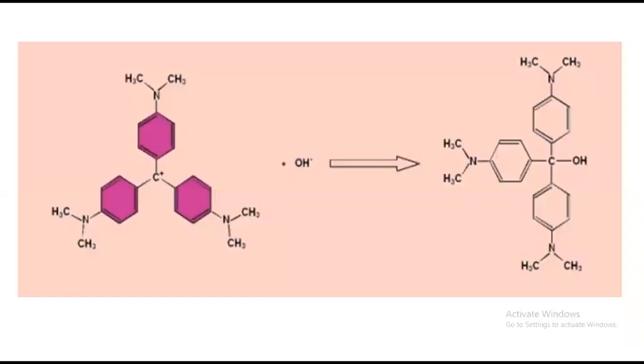If I want to show you the chemical reaction of what the alcohol does with the crystal violet dye, this is the structure of crystal violet dye. This is the chemical structure of crystal violet dye. And for example, we say ethyl alcohol, so this is CH3OH. Mainly the OH part of the alcohol reacts with the crystal violet dye, and it